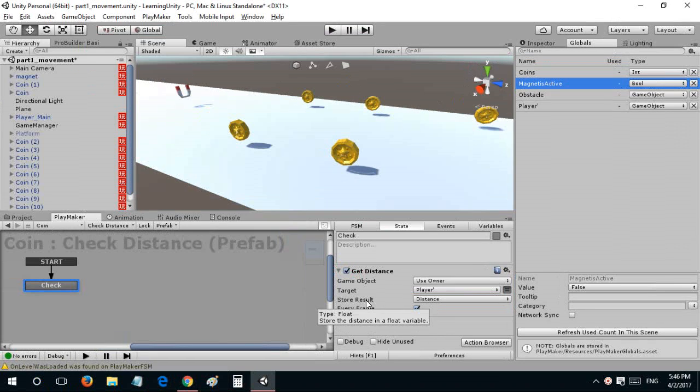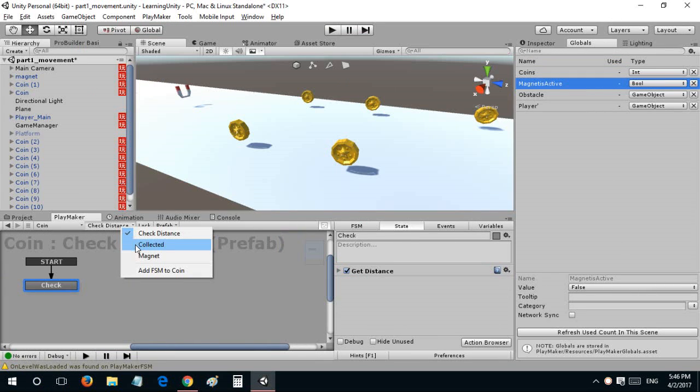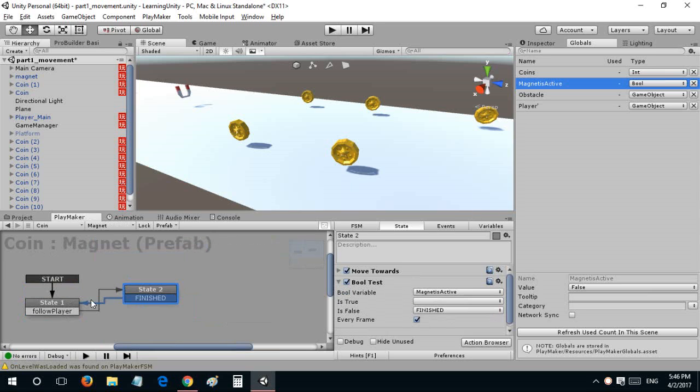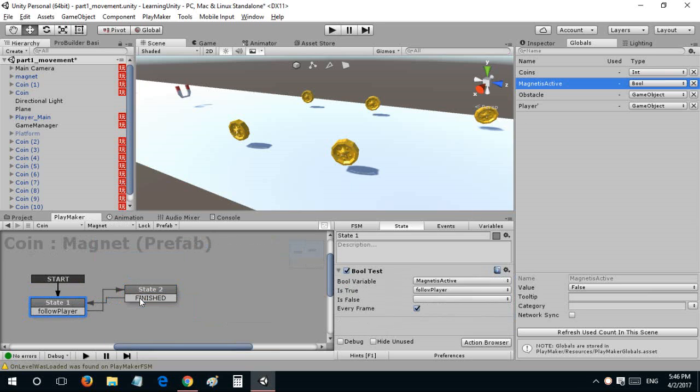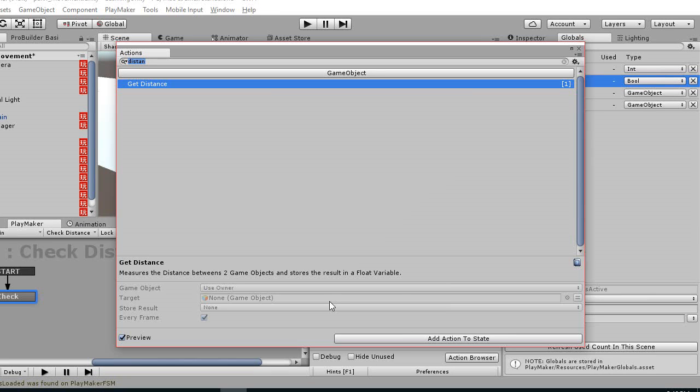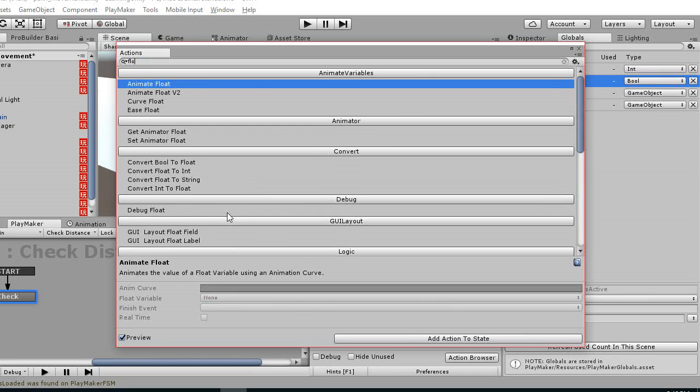It is a float, so if it is collected, move towards, get distance, and we'll just do a float compare,